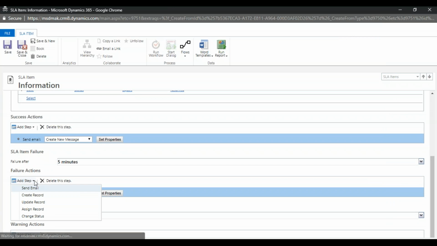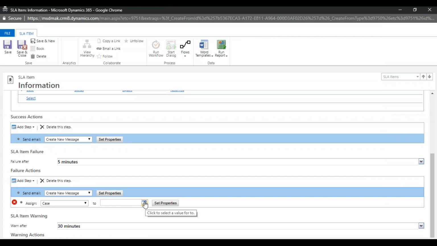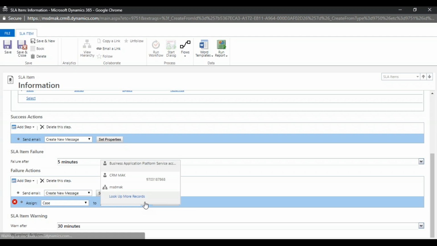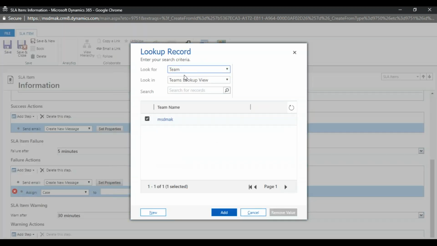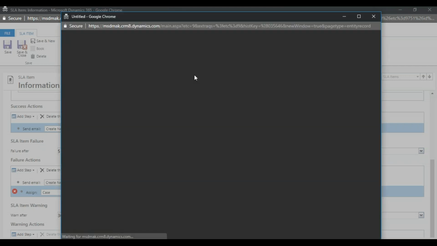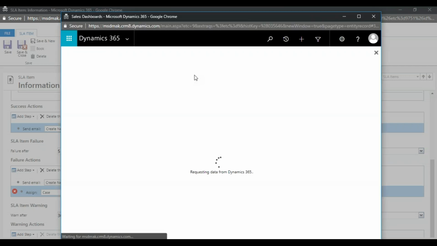Next, if SLA is failed, assign record. I want to assign this record, change the ownership of the record. So here I'll go to this one, and I'm going to create a new team called escalation team.